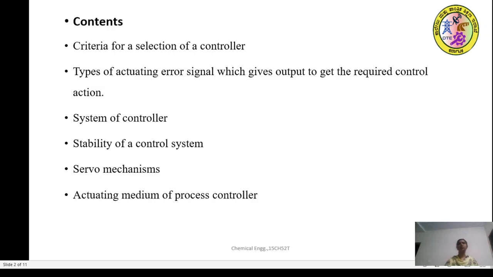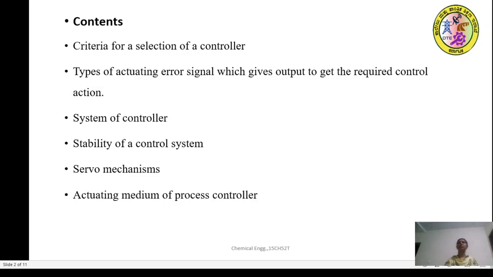Different modes of control, like proportional mode of control action, derivative mode of control action, integral mode of control action. Then the combination of all these modes of control action, such as proportional, proportional integral, proportional derivative, and proportional integral derivative mode of control action. We have also learnt the mathematical equation based on the output of the controller in this unit,